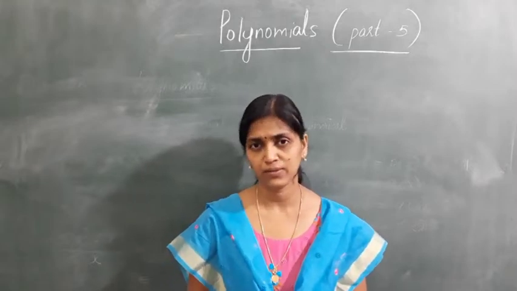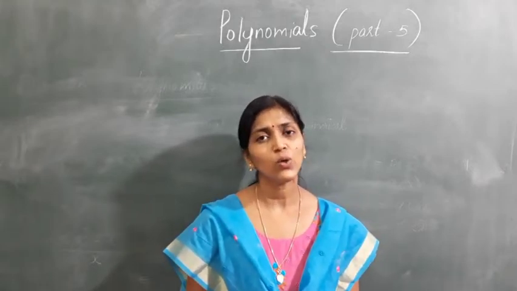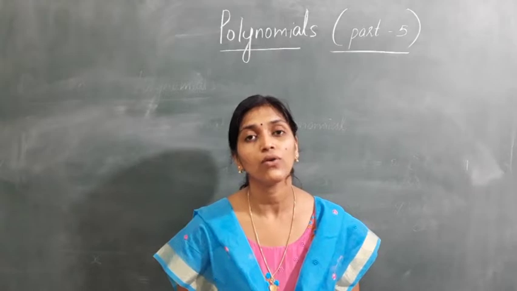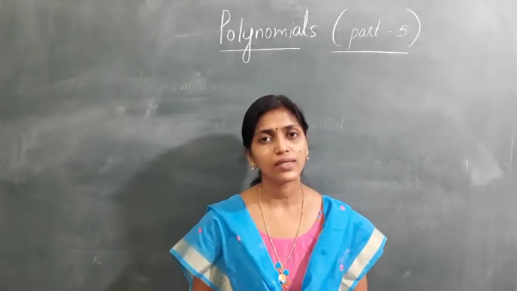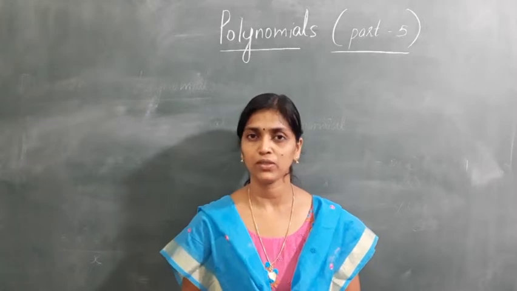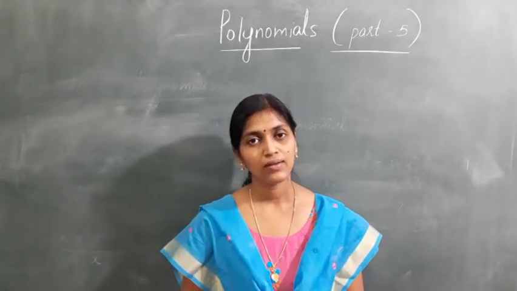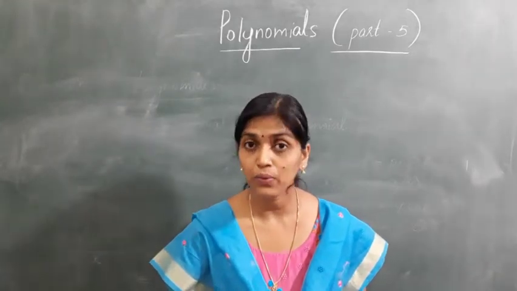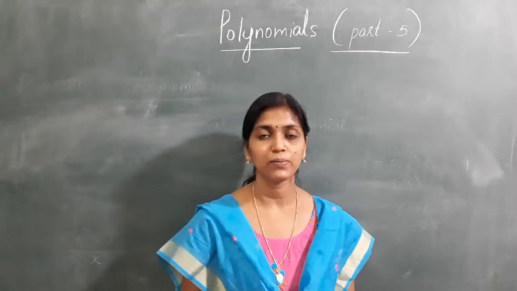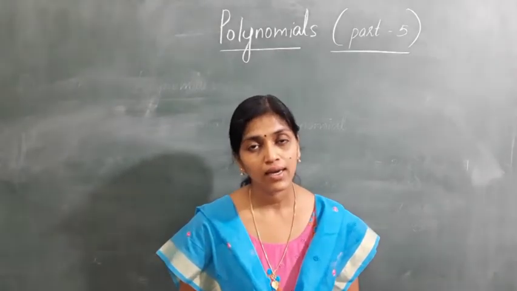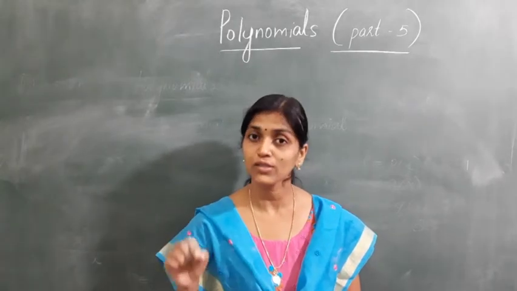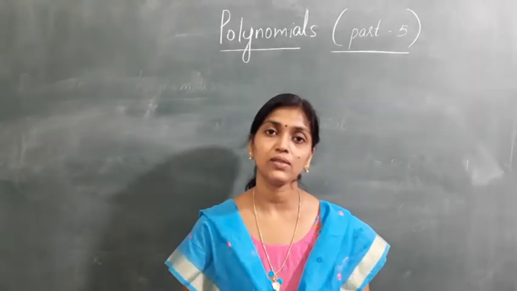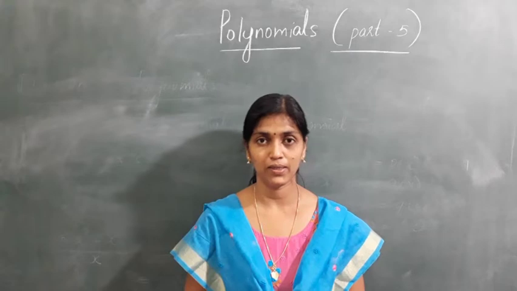Then what else have we studied? We studied the value of a polynomial, isn't it? And also the zero of a polynomial. How do we get the zero of a polynomial? We take the polynomial equated to 0, which means we make it a polynomial equation, and then we solve it. You get a value for the variable, which we call the root of the equation. The same value is called the zero of the polynomial. This is how we have found the zero of a polynomial.